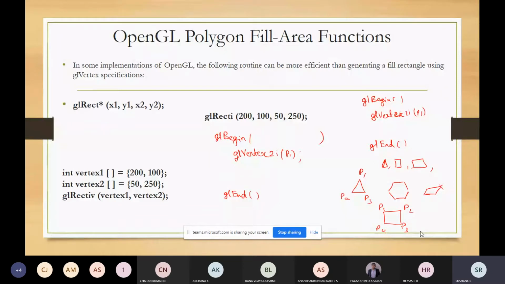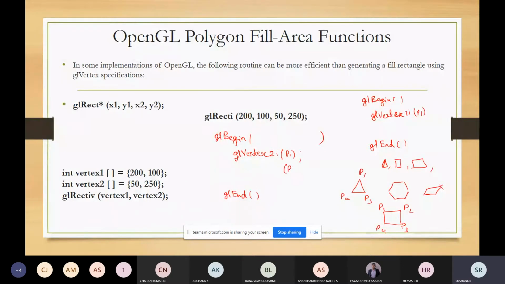The GL vertex function is used to give the input for the polygon. These inputs will act as the vertices. So the GL vertex function is used to input the coordinates for a polygon. When you are placing all the vertices, I mean the coordinates, when you are placing all the points, it will form a polygon.